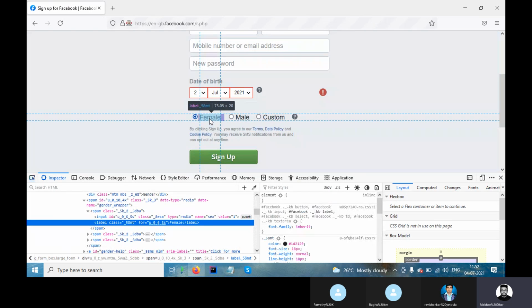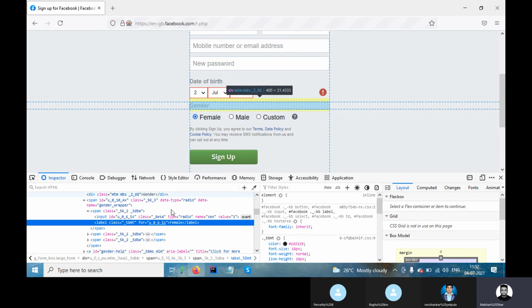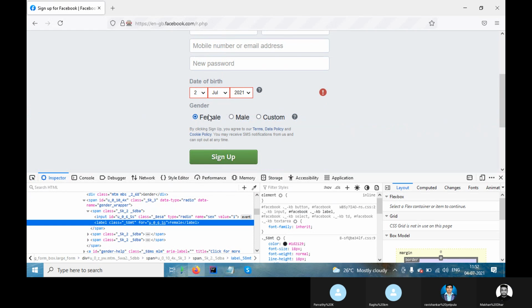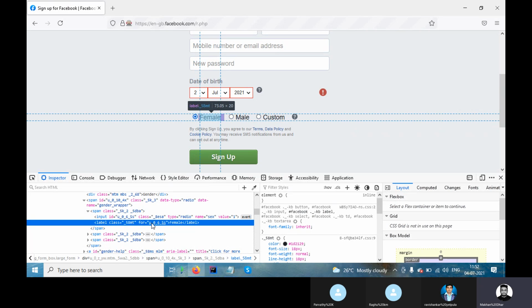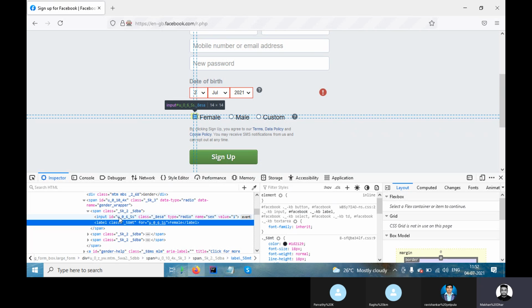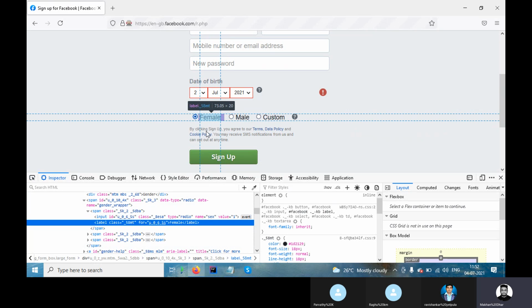So just hover over here, and guys, I will give you an assignment for this page. Okay, try to complete this page if you are able to. So now you can see this female, right? So this is what we can do. So I said, right, if you see any kind of numbers involved, don't go with this. Instead of that, you can use anything like name, type. Okay, let's check for the radio button, or if I select female.